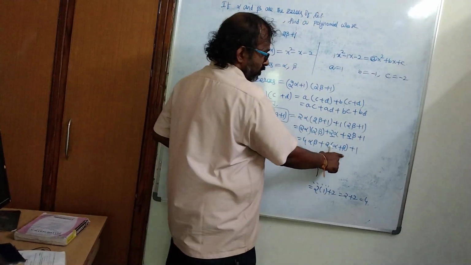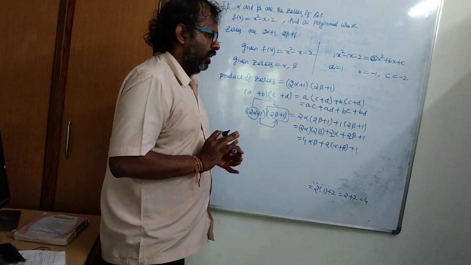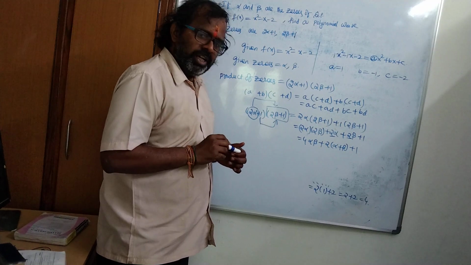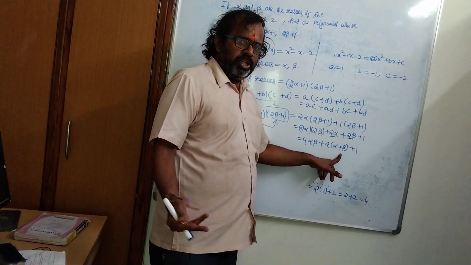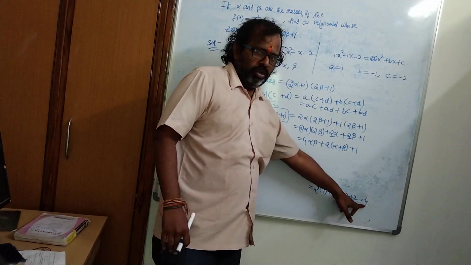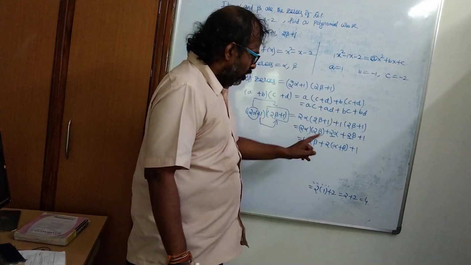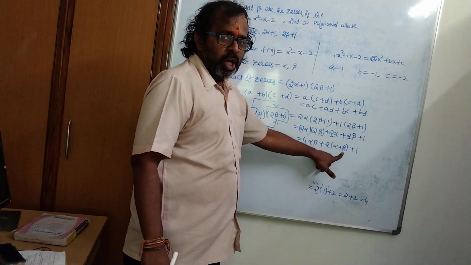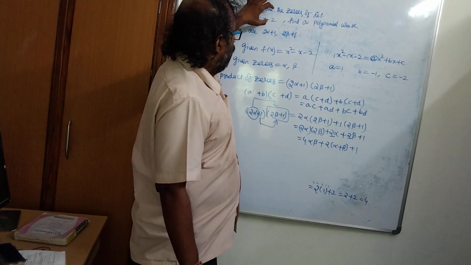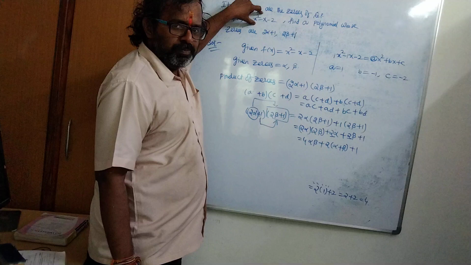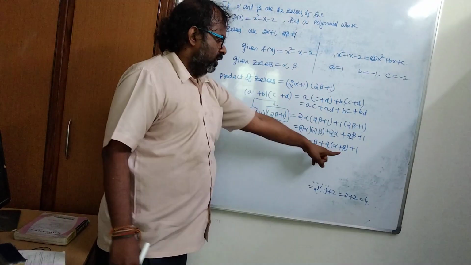Now what is the sum of zeros? Alpha plus beta. Here some students, not everyone, will make a mistake. What is that mistake? Alpha plus beta means the sum of the zeros, so blindly they will write this 4 as the sum of zeros of the required polynomial. But this alpha and beta are the zeros of the given polynomial. Clear? Alpha and beta are the zeros of this polynomial, so we have to find the sum of zeros from this and substitute here.